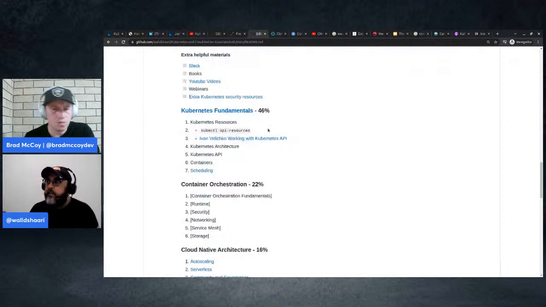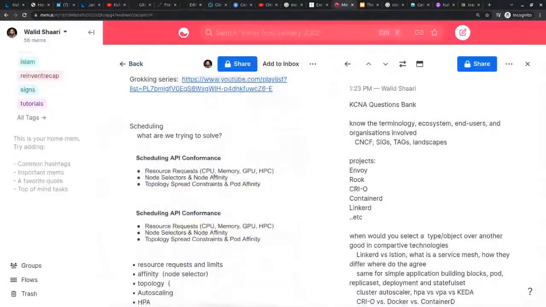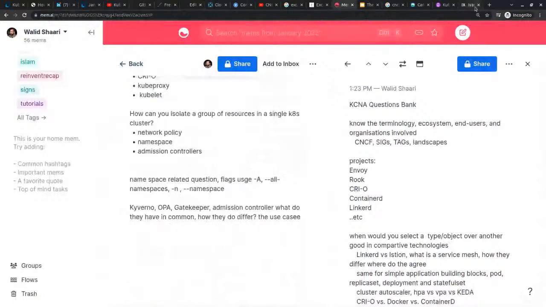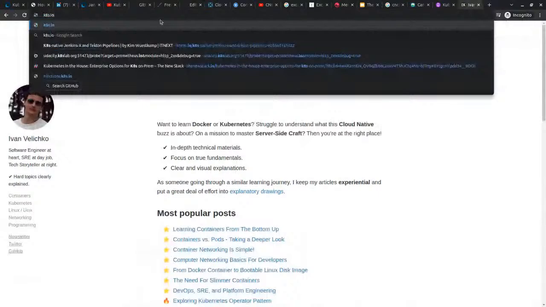If we go back to mem.ai, if I go back to an architecture of, I didn't put one. Maybe I should find one from the internet, or maybe from kubernetes.io.